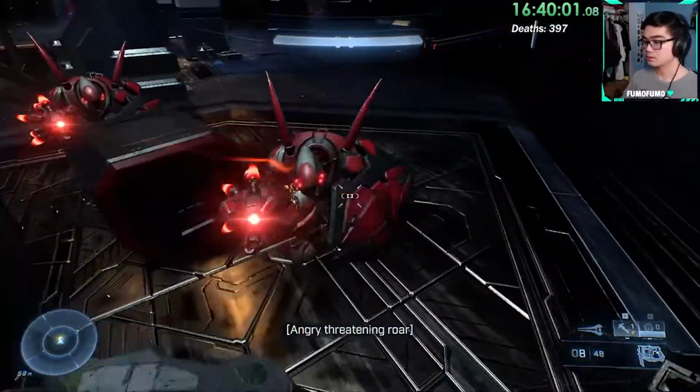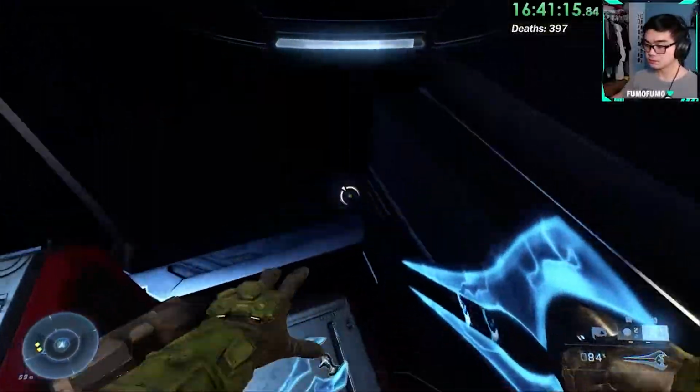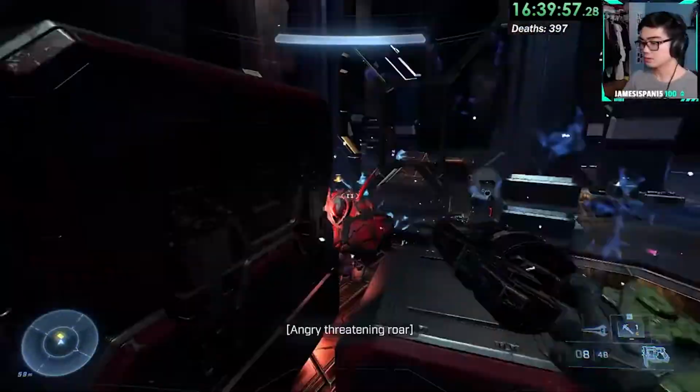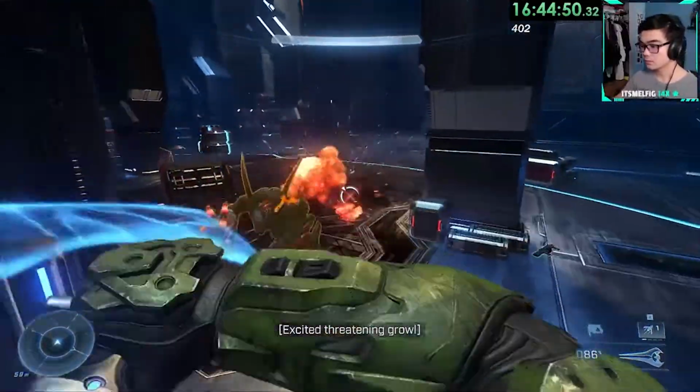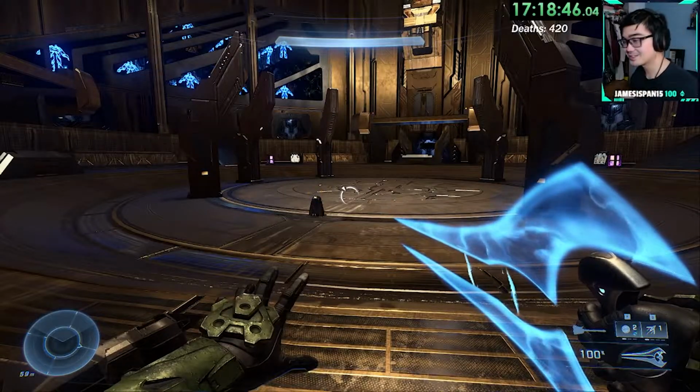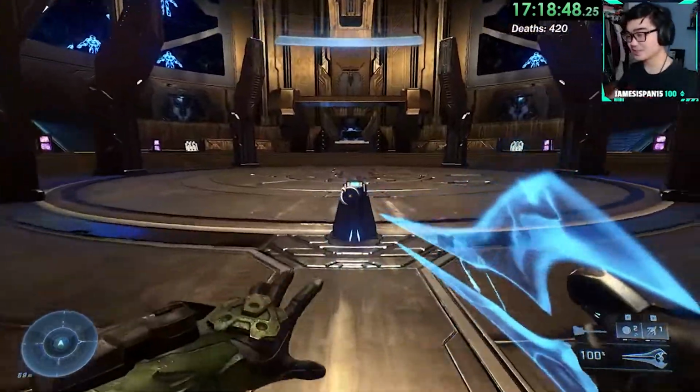Unlike the other hunter encounter though, I found a hidden energy sword in the room with the hunters, so using that in combination with a bunch of fusion coils and grenades in the room, I took out both the hunters after a couple attempts. After 16 hours of punching my way through this game, I reached the final boss fight,